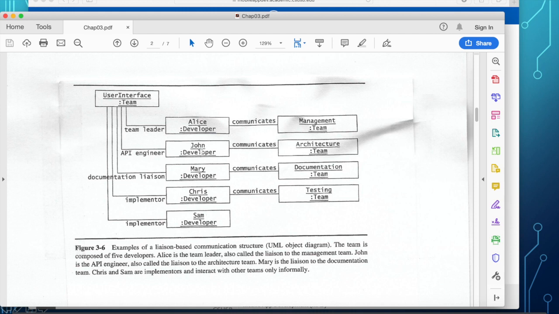John is an API engineer, and as you know, APIs are very important in today's software development. We don't develop software from scratch. You look for APIs that you can reuse and apply to the project. We don't want to re-implement what was done already.